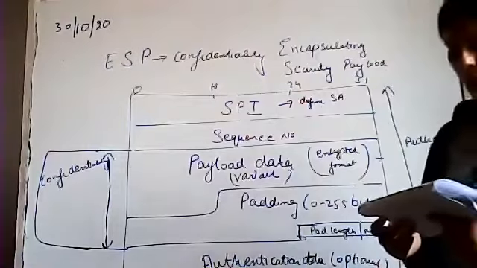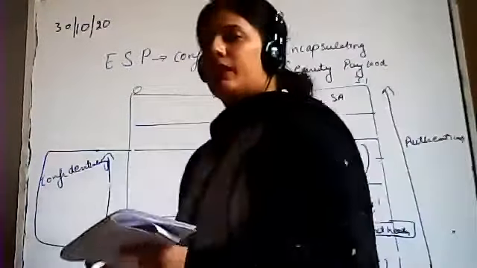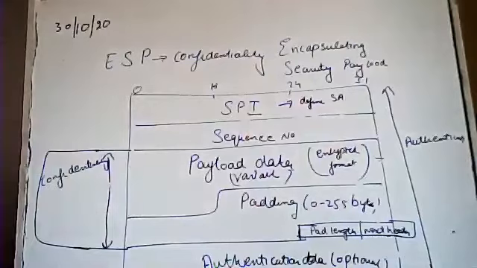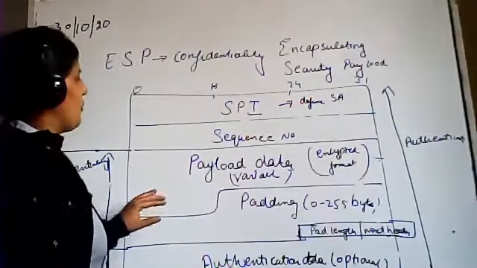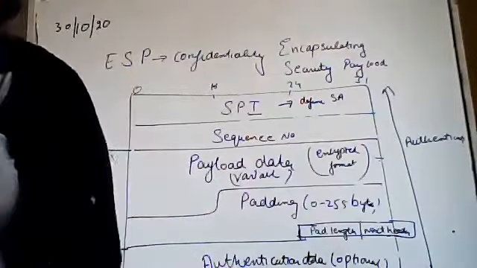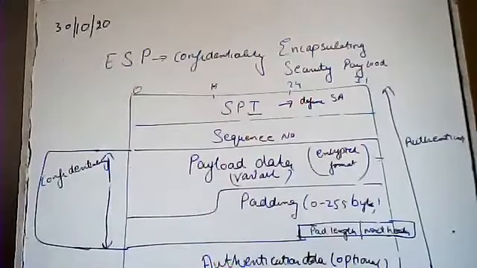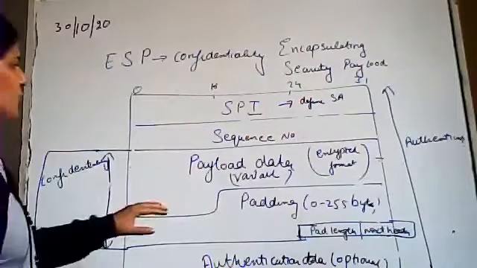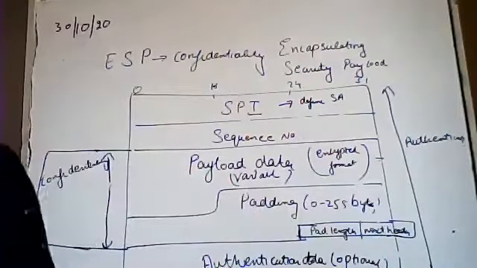Next, again it is variable and it contains the ICV, integrity check value. This is the same as in the previous authentication header part. So what is the different portion over here? That is the padding portion that we have. That's why its name is encapsulating security payload, because it is using a different format of padding data.